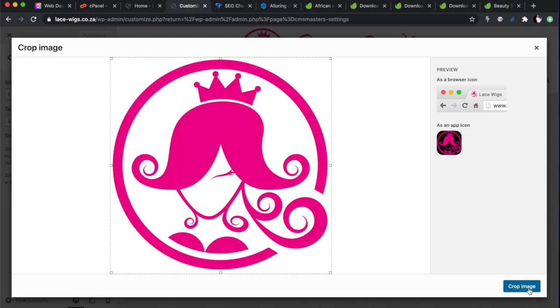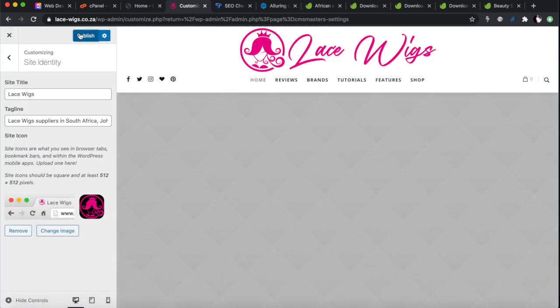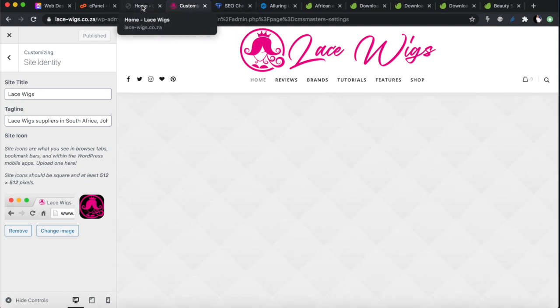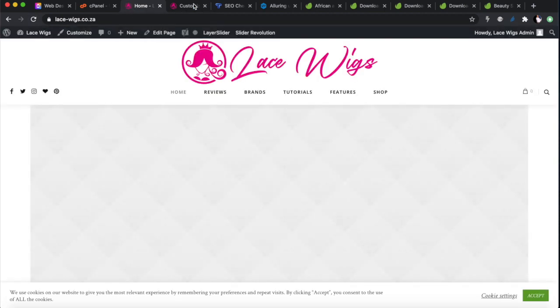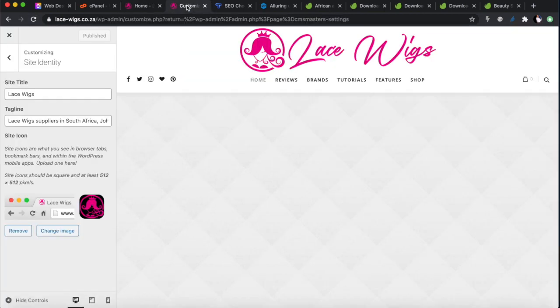Then that's a fave icon. I like the way it looks there as an app icon with a black background. That's all right. I think the pink and the black look decent. I'm going to publish that. And as soon as you publish it, you will see on your website it's already shown there. If you refresh this, it should also show there as well. So the first step of web design, we are completed with it. We do the logo and the fave icon, okay?